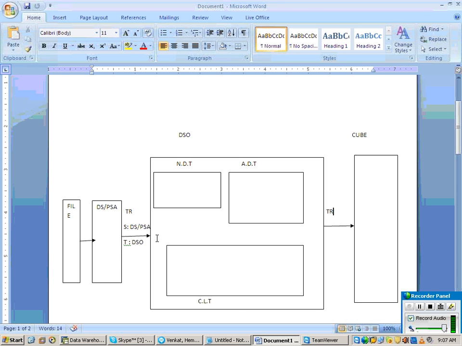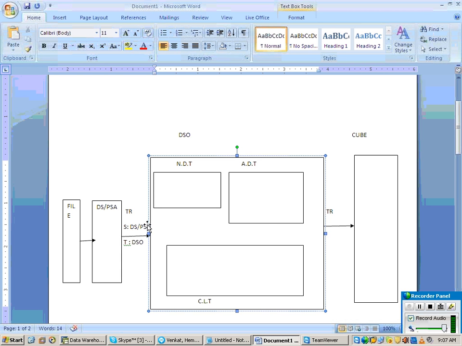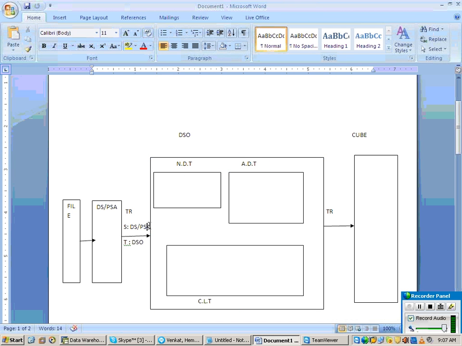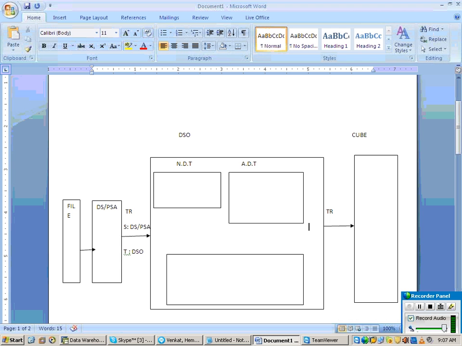For this transformation, the source is the DSO and the target is the cube.